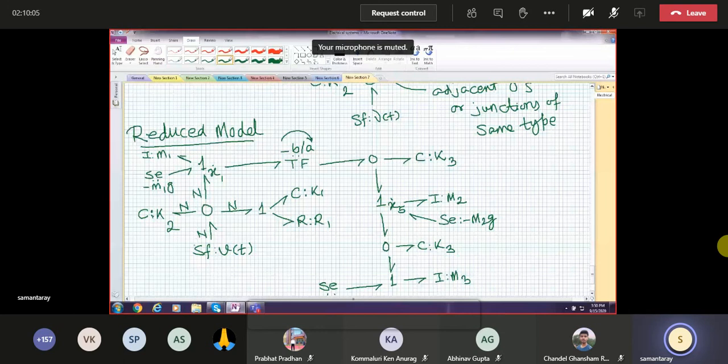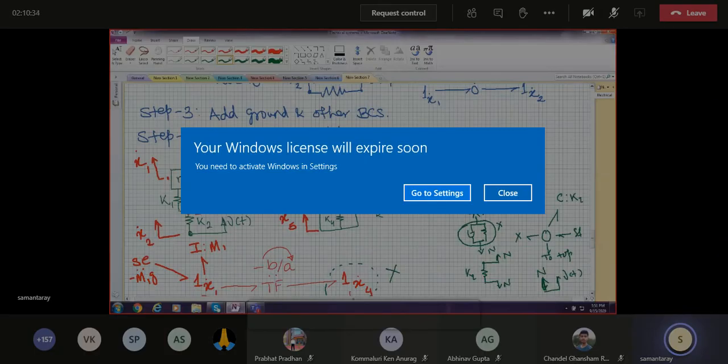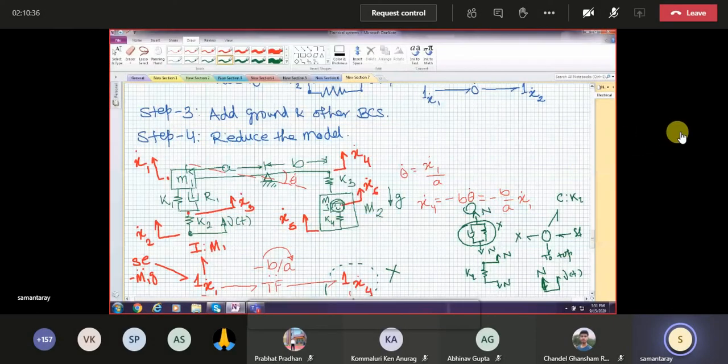Similarly, on the other side, you find that whatever force is applied at the tip of the lever, that same force is applied on the mass M, excluding the inertial force. Because this spring is a two-force member, this force will pass through the spring: the same force at the left end of the spring, the same force at the bottom end of the spring. So we can use that model straightforward. We will not go through all those steps. We can get this model directly.